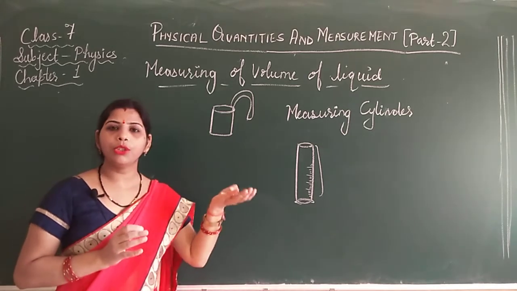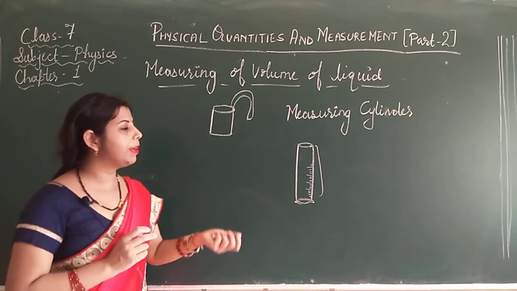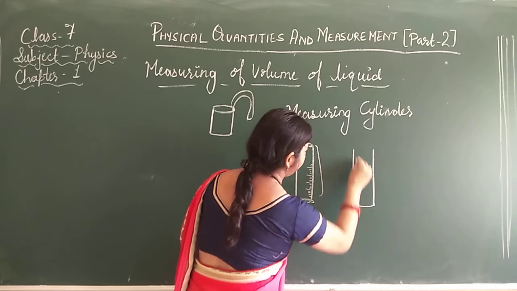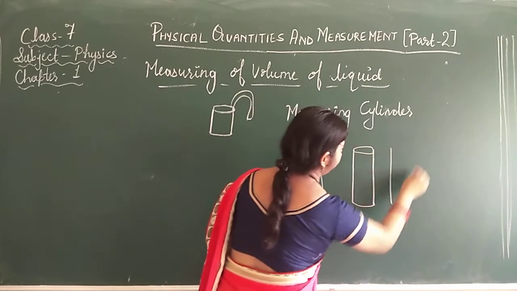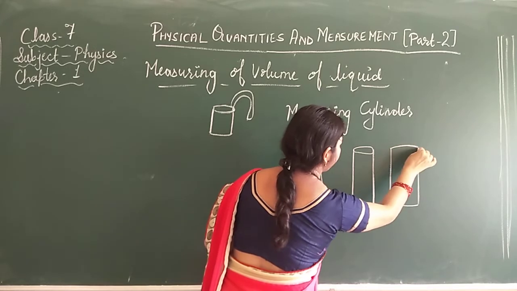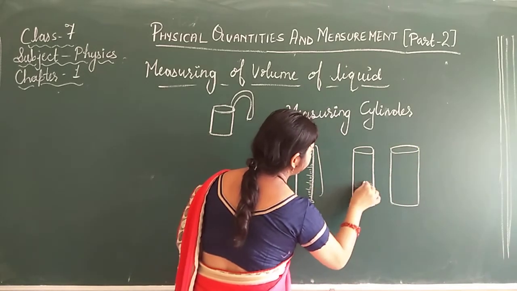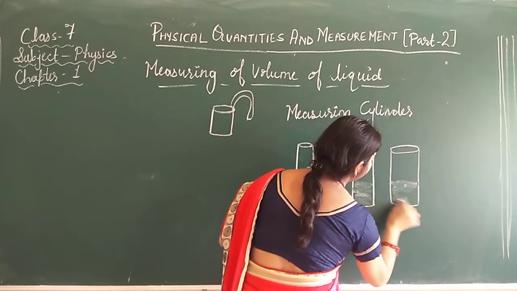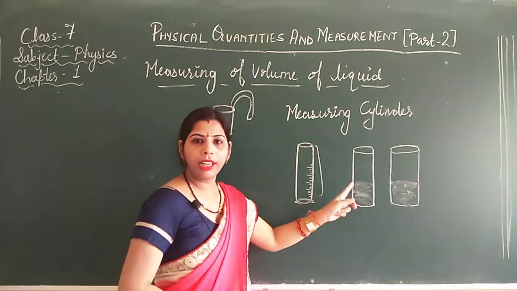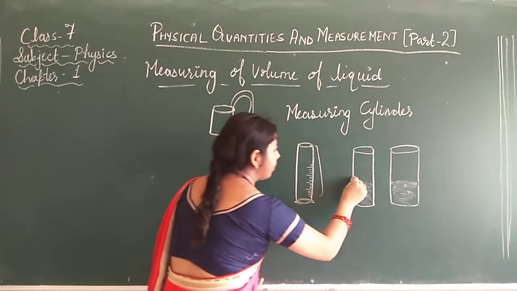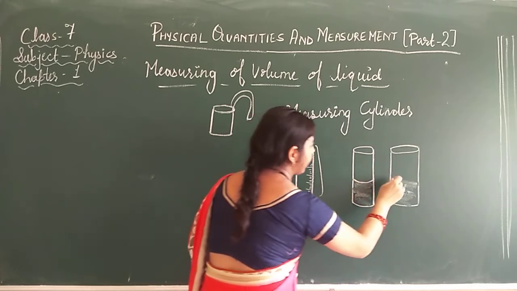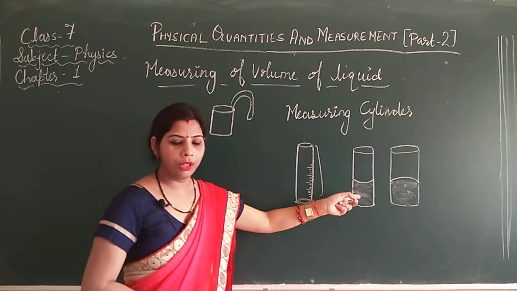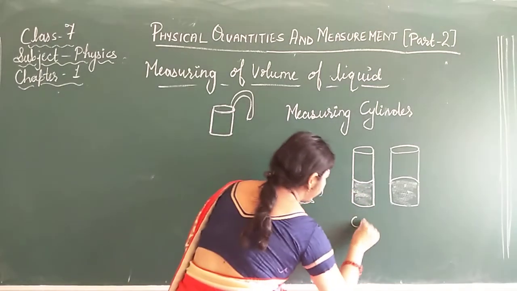Now when we pour liquid in the vessel, it occupies a shape. The top of the liquid shows a shape. That shape is known as the meniscus. I am showing it here. Here the liquid is filled, and the top of the liquid is showing the shape. This shape is known as the meniscus. The meniscus is of two types, concave and convex.